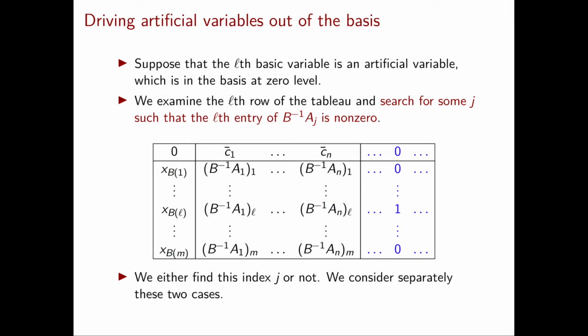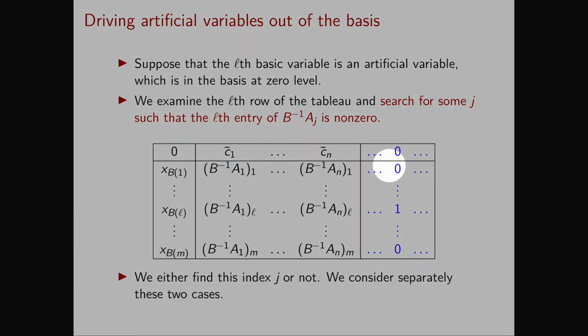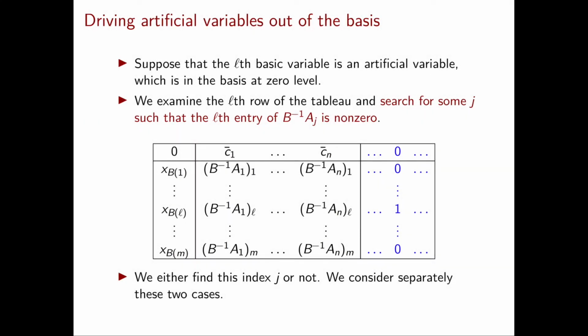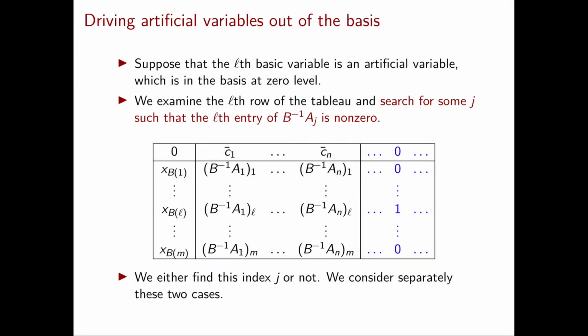Since xbl is an artificial variable, the corresponding unit vector with 1 in the row L will be a column corresponding to the artificial variables. Therefore here, in this blue zone, which is at the right of my dividing line that divides the original variables from the auxiliary variables. Now we search in the nth row of the tableau and only in the columns corresponding to the original variables for a non-zero entry.